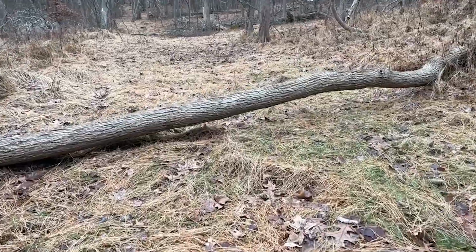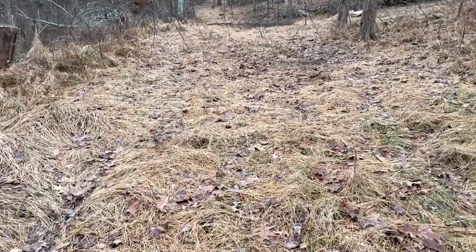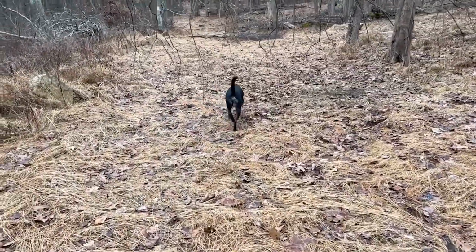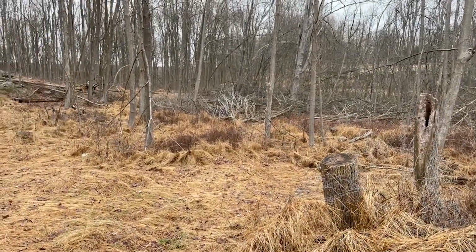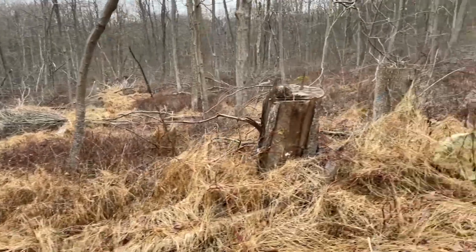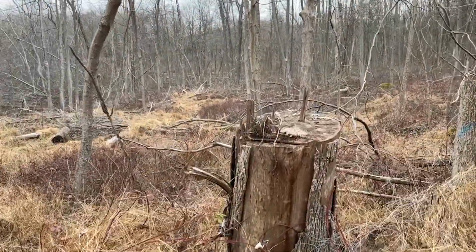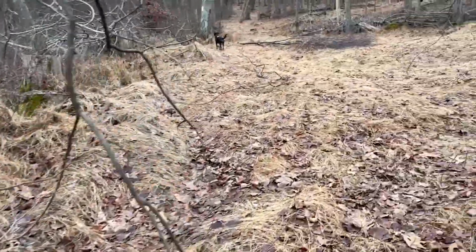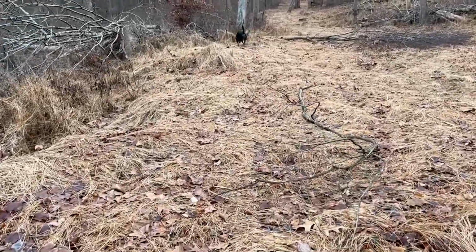We'll keep this as a trail for the most part, just to get to this back part of the property. But also, this is my neighbor's property right here. And he has a whole bunch of timber that's still here. And he ain't pulling it out. He said that if I could pull it out, then I'm more than welcome to. So anything that's really close to the property line, later, if I get through all that firewood, I'll come back here. Because it's a shame to let it rot. You can at least get it stacked,